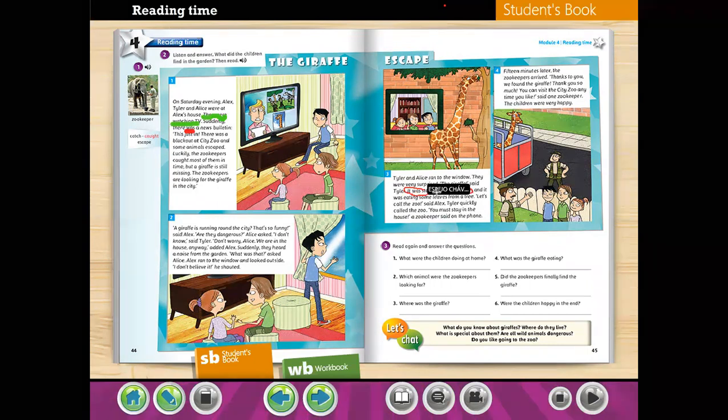It's here, no? It was standing, very good, Emmanuel. Only here, no? They are talking about they were watching TV, no? Good. There was a blackout, good, no? It's past. Yesterday there was a blackout. The children were very happy, good, it's in past. It was eating leaves, very good. Now, it's okay, good. Now please pay attention.